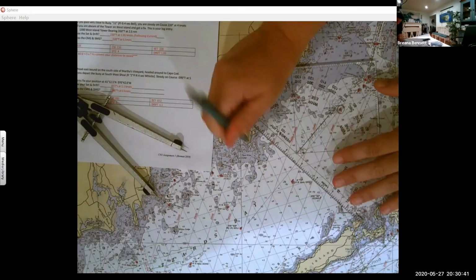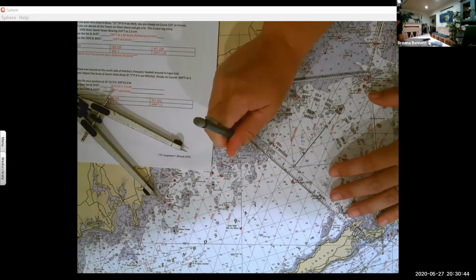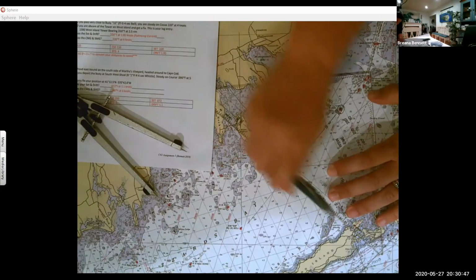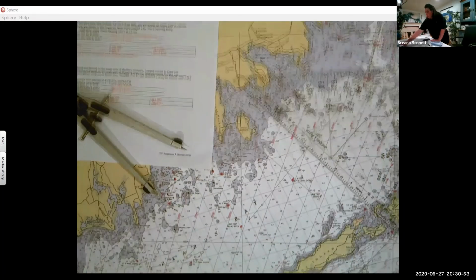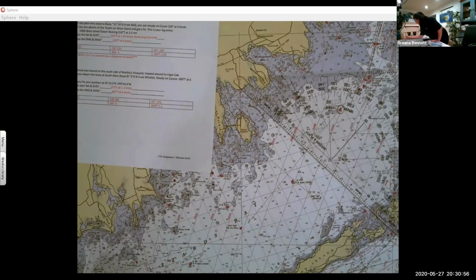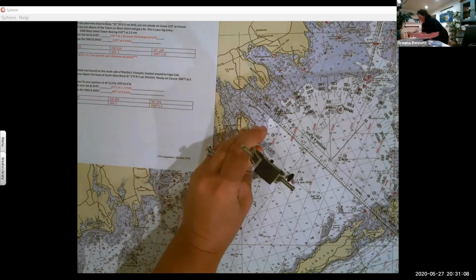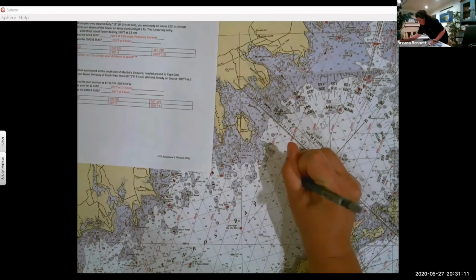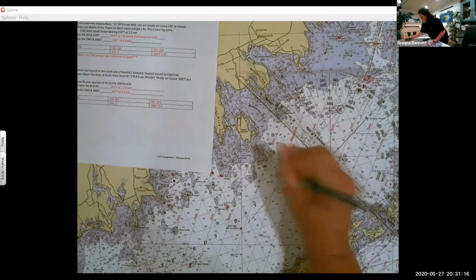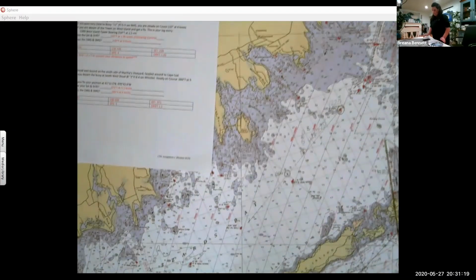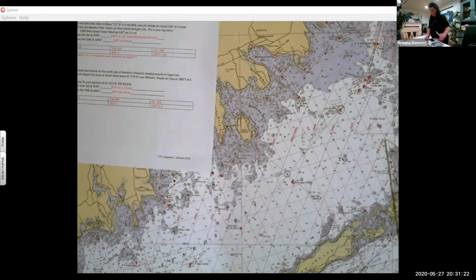The lookout tower here. 310 at 2.5 distance. Which would put me right on the line. So I'm actually here at 1300. So my line,